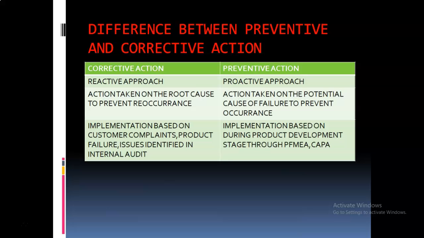So there is a format to design the CAPA. In CAPA, first we identify the mode of failure through a fishbone diagram. Then we identify the root cause through why-why analysis. Then we write the corrective action and preventive action. So there is a format for defining the CAPA. Later, in the next video, I will tell you how to write the CAPA format.